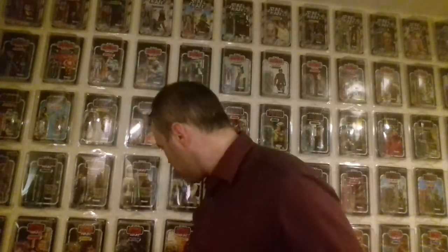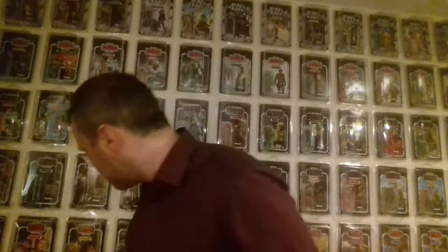But the other one I got from him was another foil variant which I wanted, which is this guy, VC15, and I thought, well, I've already got a VC15, the unpunched one, but the foil variant I wanted. I just want variants, you know? And this is a beautiful figure, but I do want to talk...